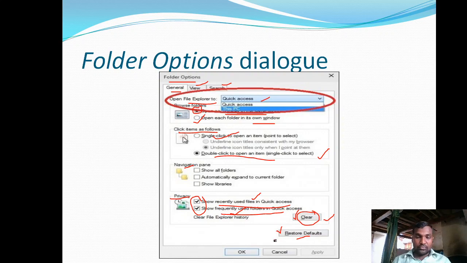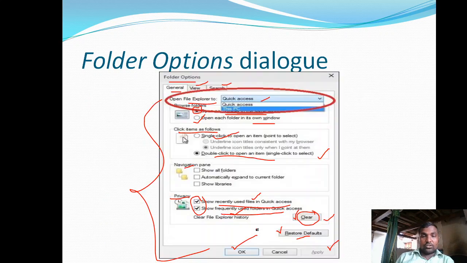After making any changes in this window, click on the Apply button, then click on the OK button. Then the changes will take effect in the File Explorer window.